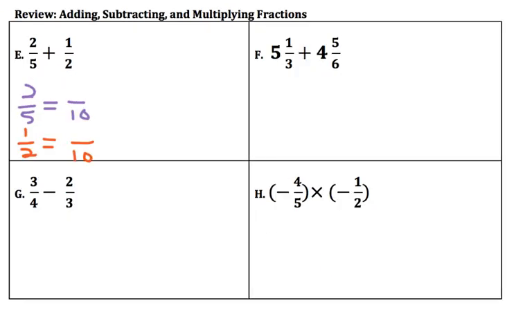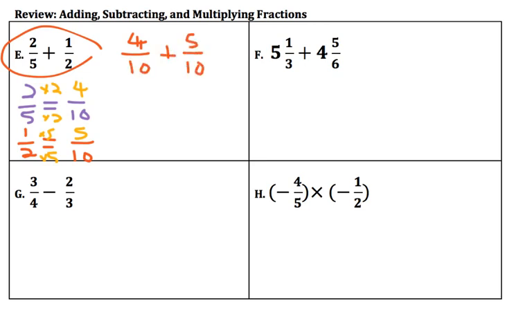So now I know I can just multiply by 2 over 2 to get 4/10. And then 1/2, honestly, I just know that that's 5/10 because 5 is half of 10, but you could have also multiplied by 5. So now we take these original fractions and we rewrite them. And now it's simple. Same size, they're both tenths, so you're going to end up with 9/10, which is almost